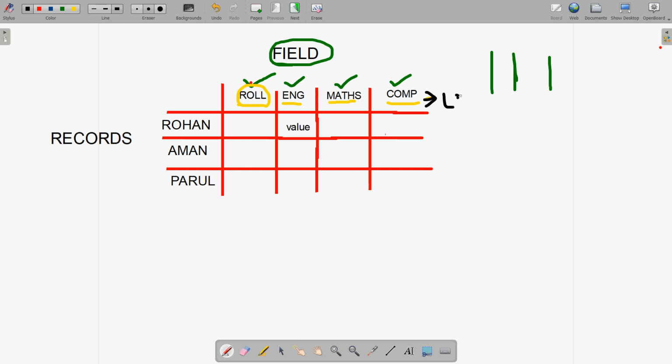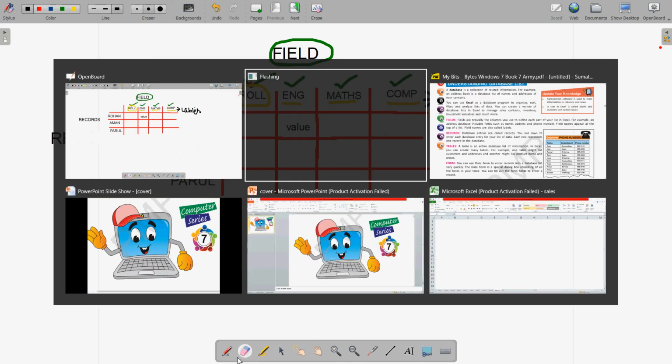I hope this is clear. Let us write this also. And as you can see, the fields are vertical ones.